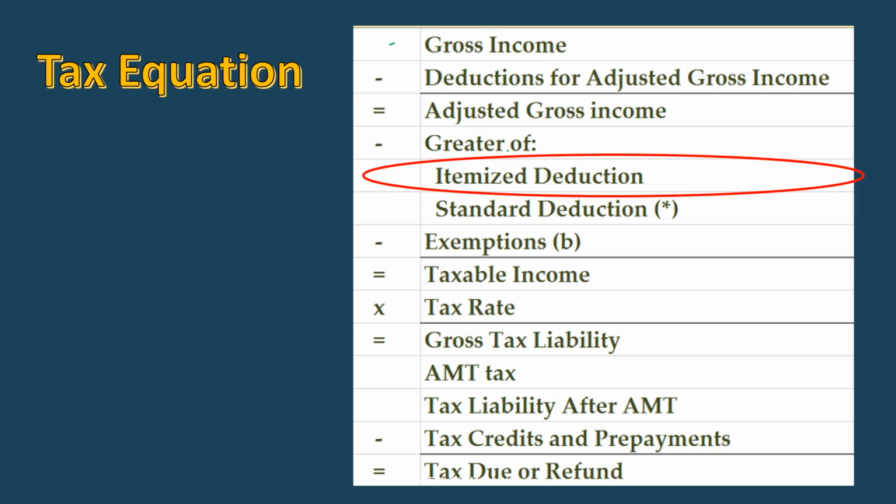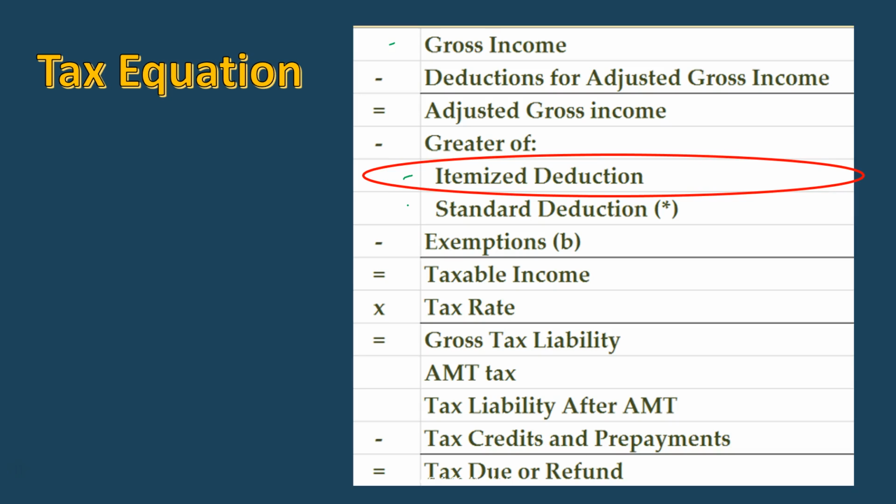One more thing to point out before we move forward is that the main thing that jumps most people into this section as opposed to the standard deduction is often the home mortgage interest. That's why that's such a big topic a lot of the time, the discussion on the home mortgage interest, because